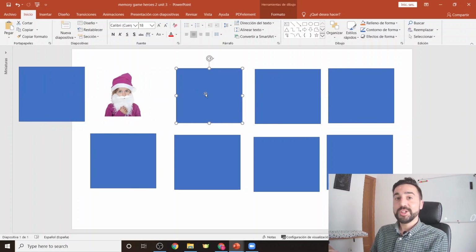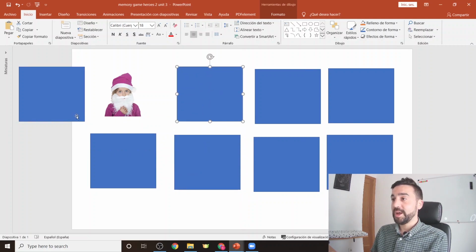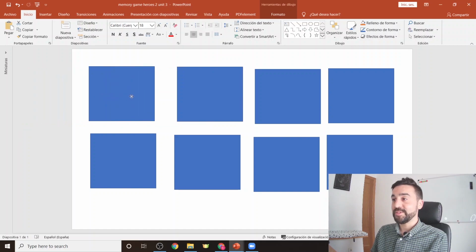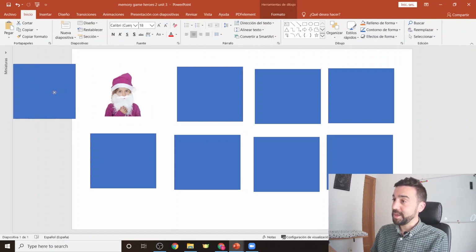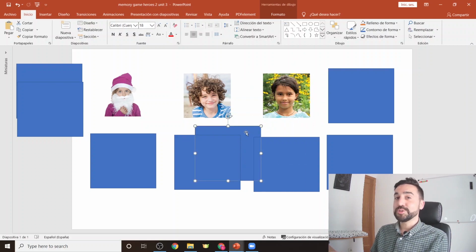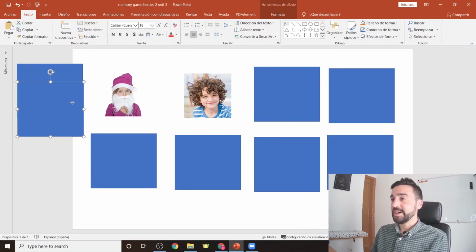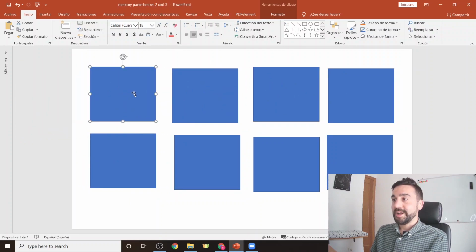They'd probably say long hair. Let's reveal the second one. Oh, this is curly hair. So what we do now is we take this blue square and we put it back over the second and the third one and move on to the third student. Third student would say beard, curly hair. And move on to the third one and they'd say straight hair. Let's see. No, this one's short hair. My students are not very good at this game. And we just put all these cards back to where they were at the beginning. And this game will continue until one student can guess all of the cards from beginning to end.